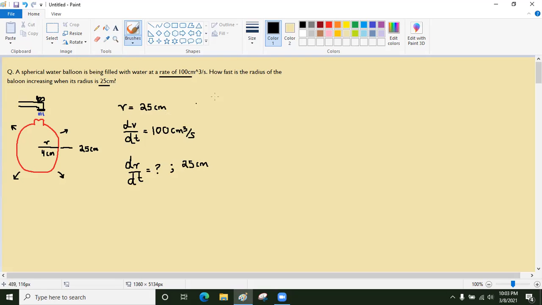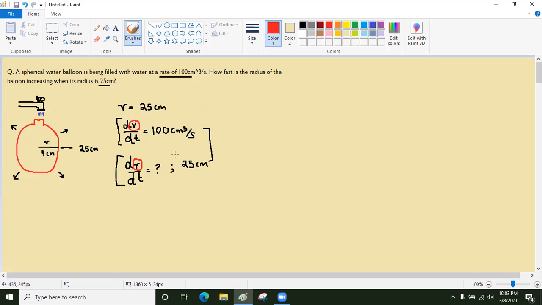So you can think of this as all the information that we were able to extract from the original question, and can we use this information to answer how fast the radius of the balloon is increasing? We're given one rate, and we're looking for another rate. We are relating these two rates together to bridge a correlation between them, and then through some deduction, maybe we can solve for dr dt. What I mean by that is, can we look for a formula, either in V or r, within which we can